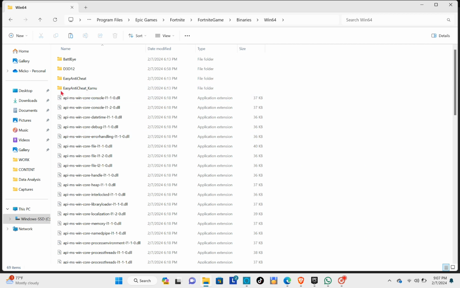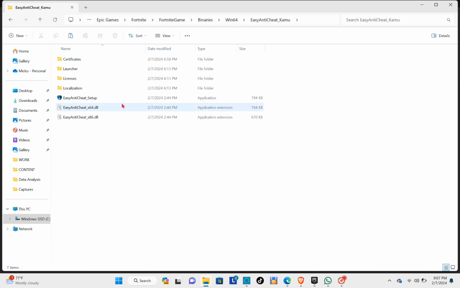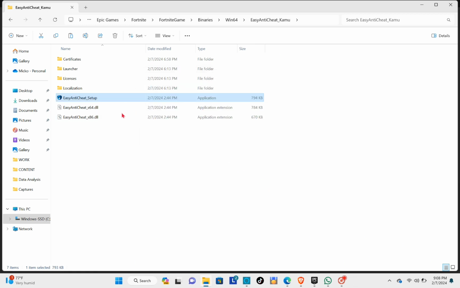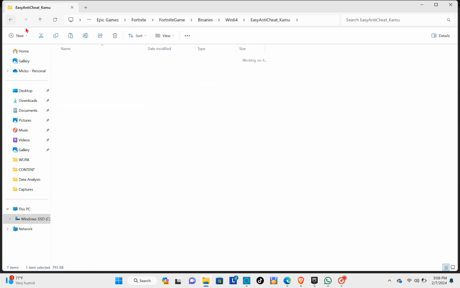Okay, now you just have to click on this EasyAntiCheat.cmo, and then select this EasyAntiCheat_Setup. Okay, that's right, and then you just have to click on the Install EasyAntiCheat option, and then click on Finish. So this method can often resolve issues related to the Fortnite